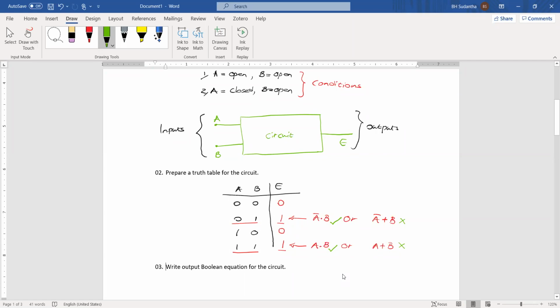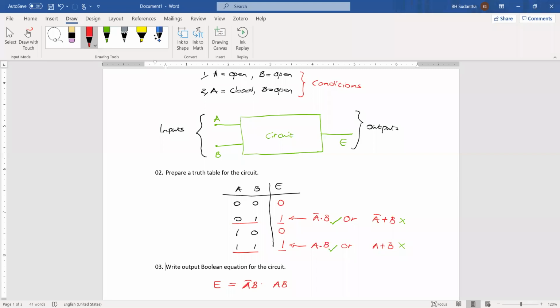For example, now this is one term coming because of the one condition. This is other term coming because of the other condition. Now these are the two conditions. Now E equals this condition and this condition. E should be 1 here also. But what do you think? Both conditions can be satisfied at once? A close B open and A open B open, both conditions can be satisfied at once? No, it will never come true.